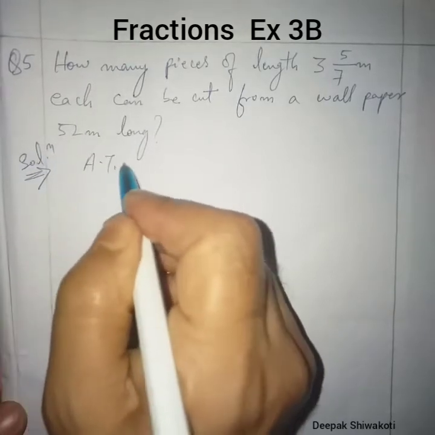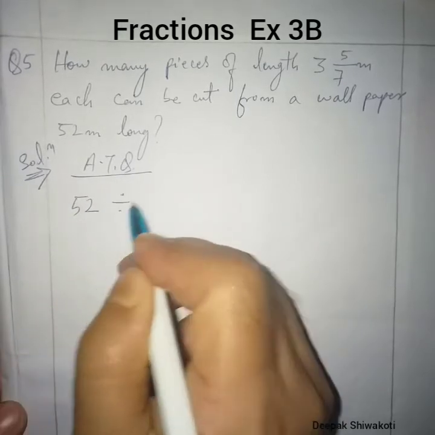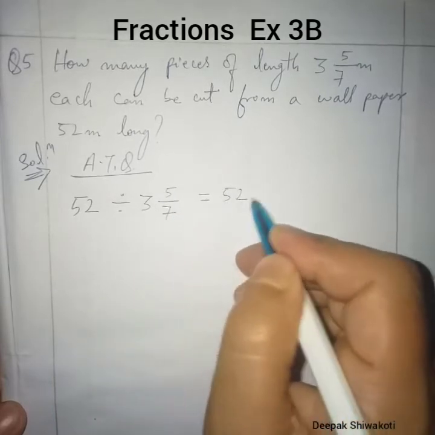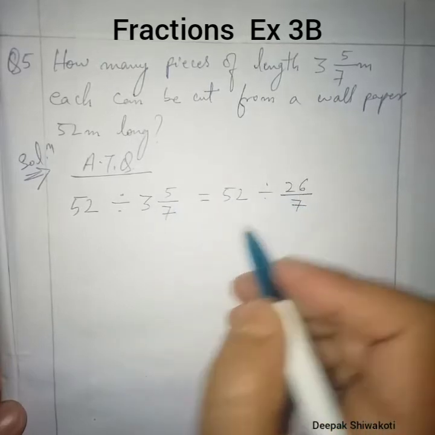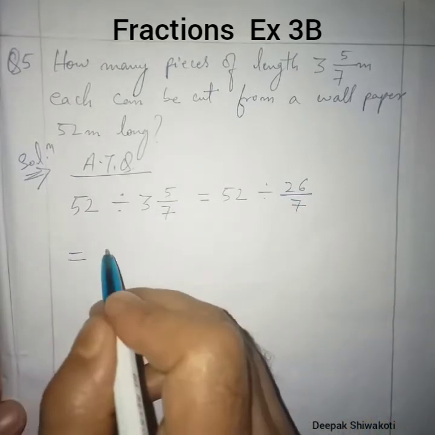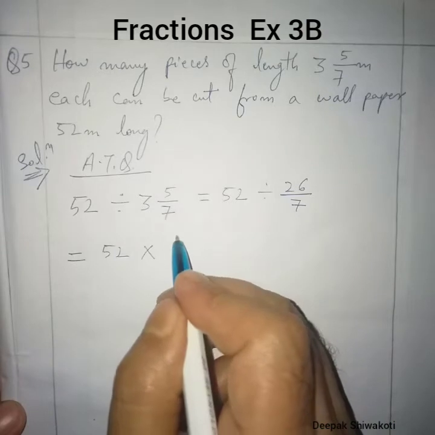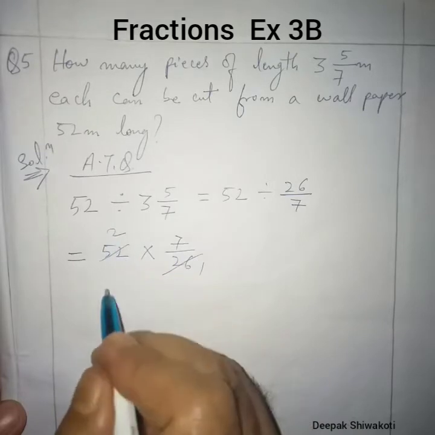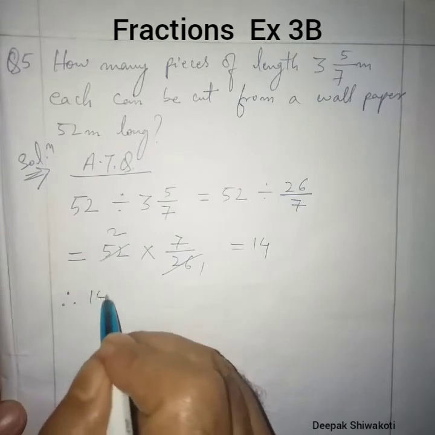So solution according to question. What we can write: 52 divided by 3 whole 5 by 7. Converting this mixed fraction to improper fraction: 7 3s are 21 plus 5, 26 by 7. So this will be equal to 52, divide will change into multiply, and this will be the reciprocal, that is 7 by 26. This 1, this 2 times, and 7 2s are 14. Okay, so therefore 14 pieces